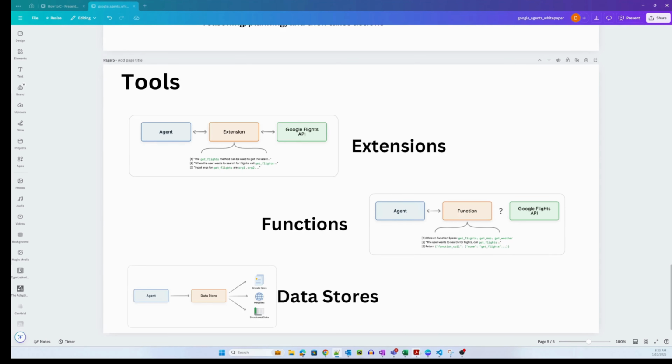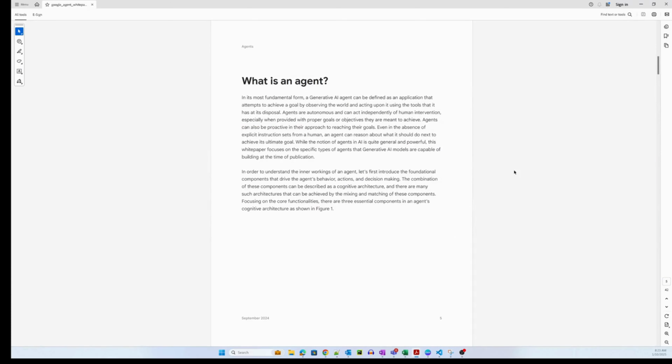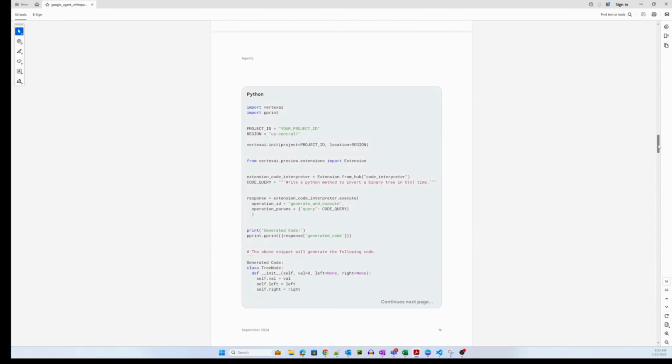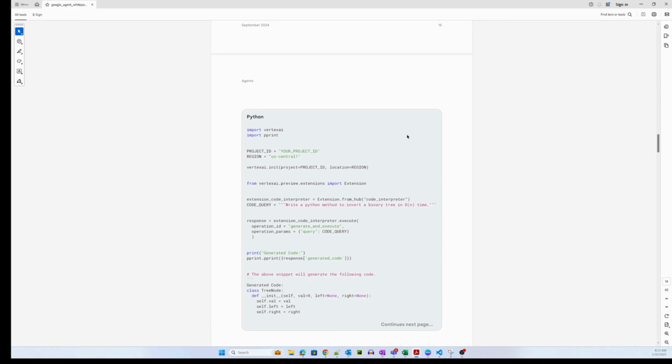Let me actually show you the sample code that Google has shared in the white paper, and we'll talk about it. Let me start with the extension example. This is the example they've given. They've created a class called extension, and I need to see this in detail. That class has only two examples today, I think: search and code interpreter, and these are the only two extensions that are available. You can also add custom extensions, but this is the example. So this looks more like what Vertex AI is offering, right?